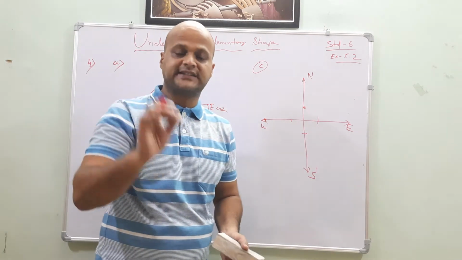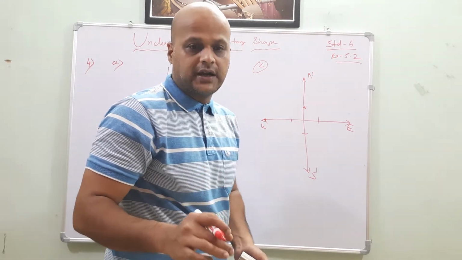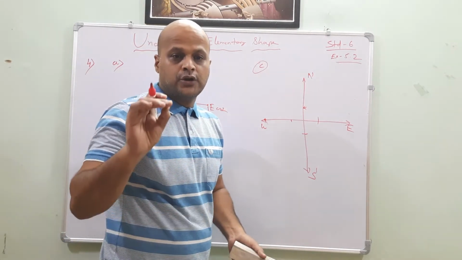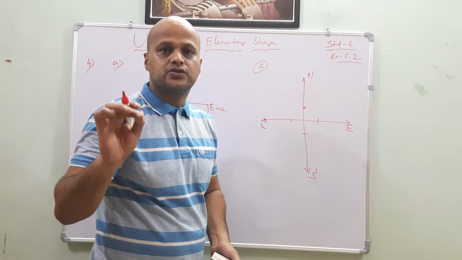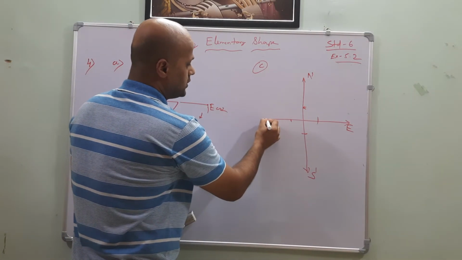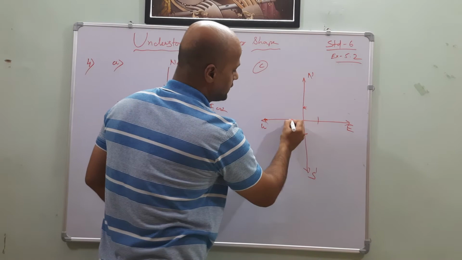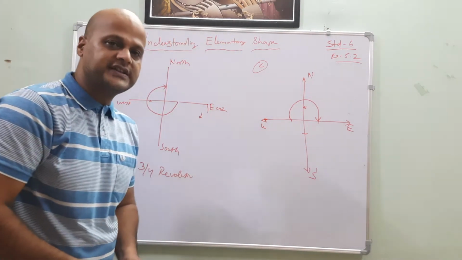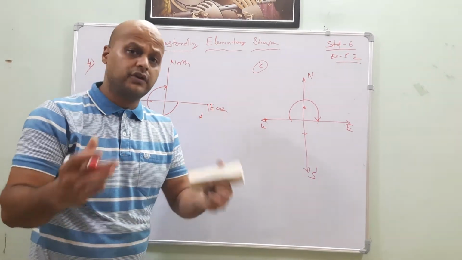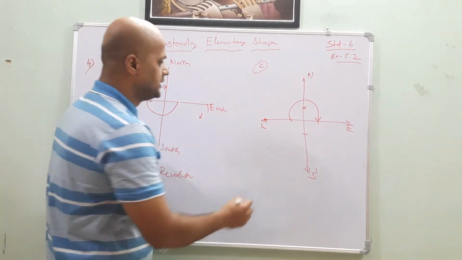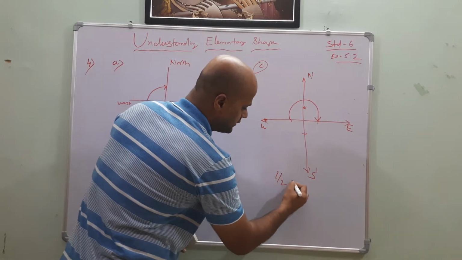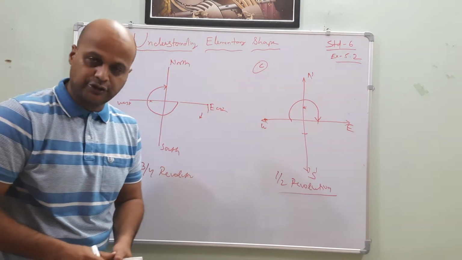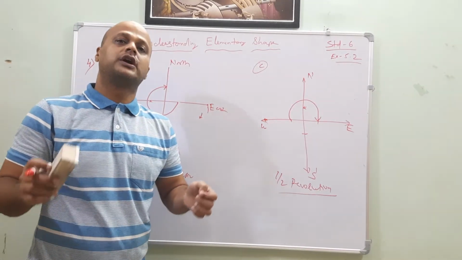Okay, C1. What is the C point saying? West and turn clockwise to face east. Again, it's saying west and turn clockwise to face east. West, turn clockwise, means from here to face east. What is the revolution? Yes, very good. It is half of the revolution. Very good, children. Okay, so let's go to the fifth one.